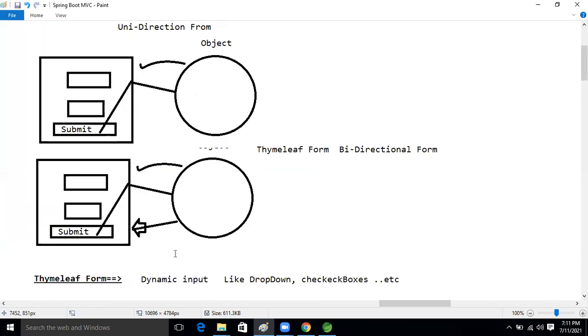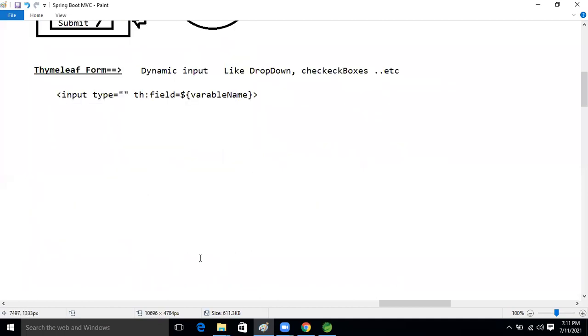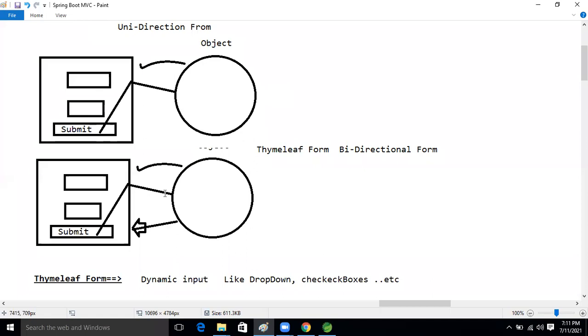This form is bidirectional, meaning if we do anything on the server, that will reflect to our HTML page. If we do anything here, that will reflect to the server side; that is called bidirectional. Till now, whatever we experimented with was unidirectional. From here onward we are going to perform bidirectional also. So we are binding this form with an object.